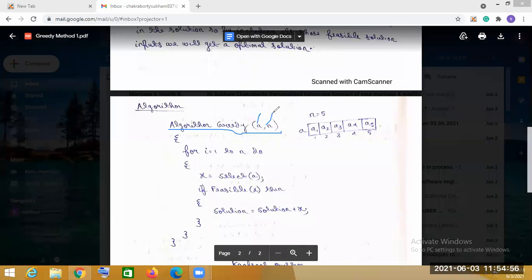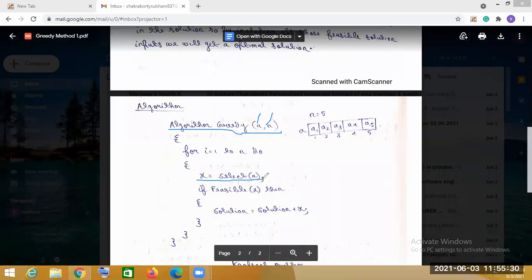But I have used 1, so that means for I equal to 1 to n, do. That means inside this loop, there is x equal to select. So that means the input will be selected one by one. In the array, the elements present will be selected one by one. And if the element which is selected is feasible,